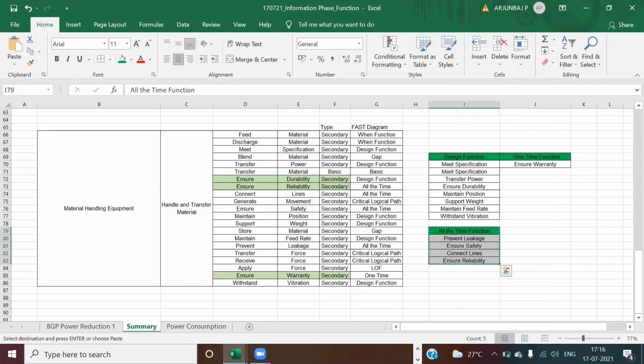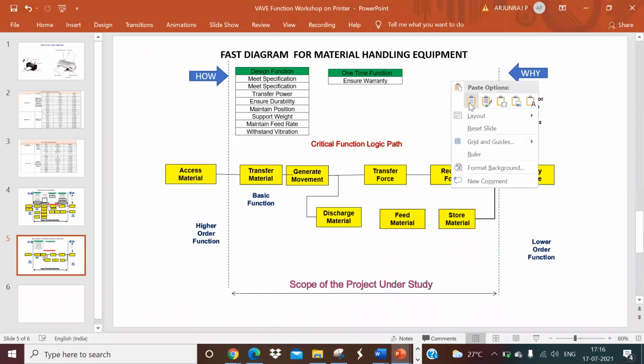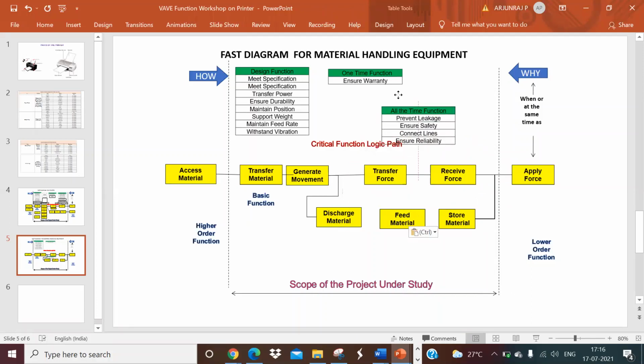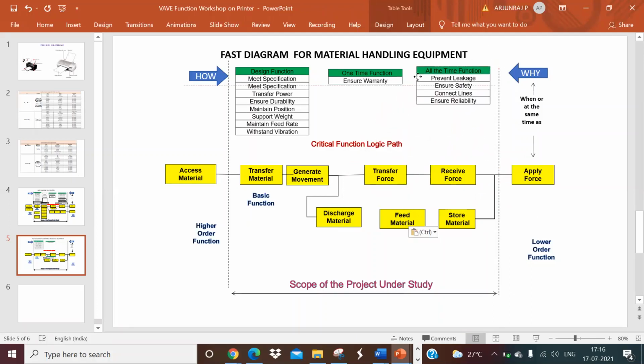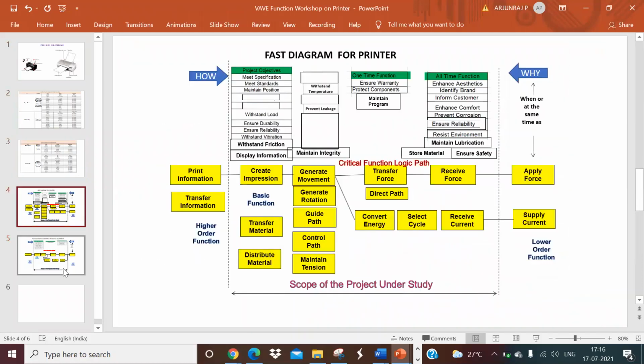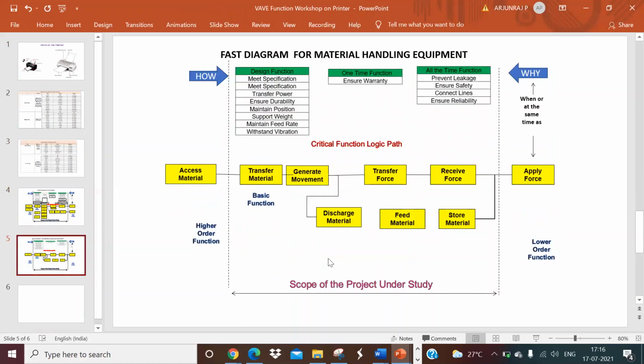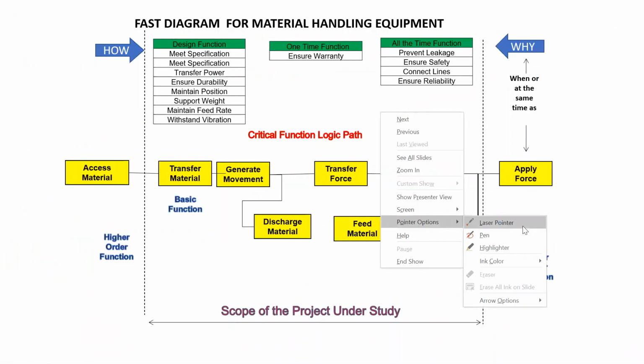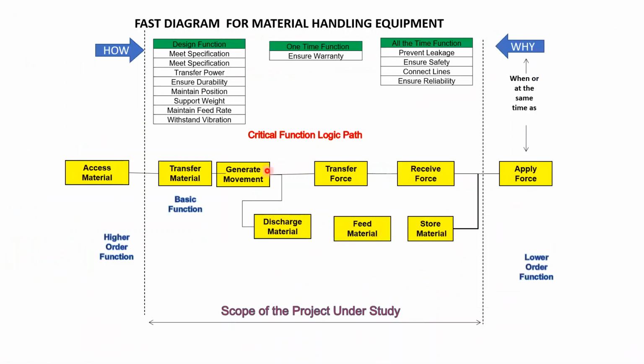And now I'm going to tell you how these are the things. I will share this PPT with you. This PPT will cover the old one, the printer. Already I've shared that. So I will share this material handling FAST diagram alone separately. Now you have to do the similar thing for your case. And these are the critical logical parts from time function. This is how we have completed this. So I will share this with you now, and then